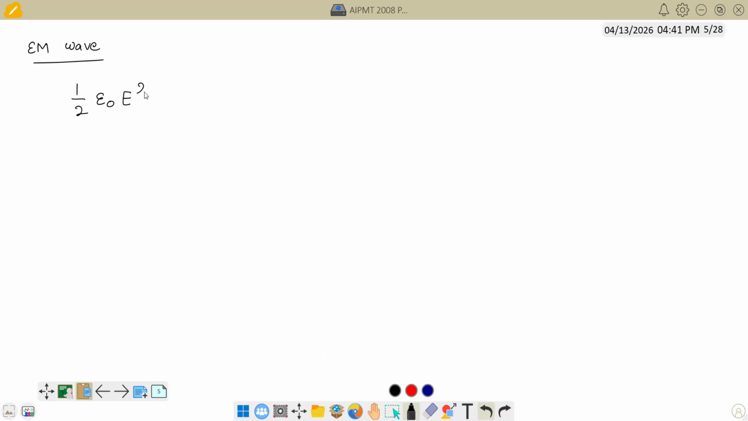so half epsilon naught E square plus half B square by 2 mu naught. Because an electromagnetic wave contains both magnetic field and electric field. And the speciality is that in an electromagnetic wave, the energy stored, this is energy stored in electric field, this is energy stored in magnetic field, both would be equal. So the net energy per unit volume